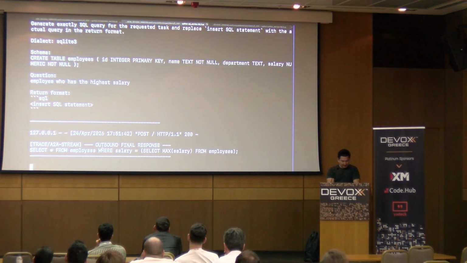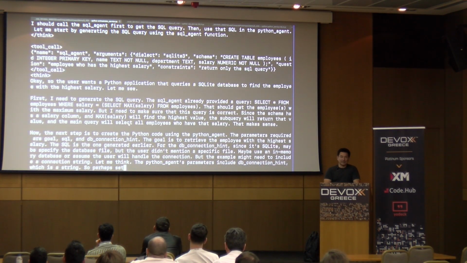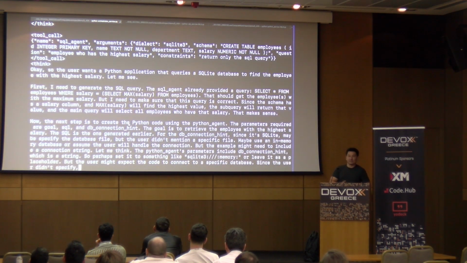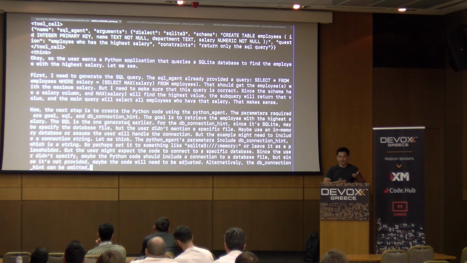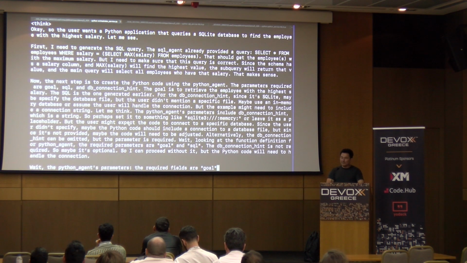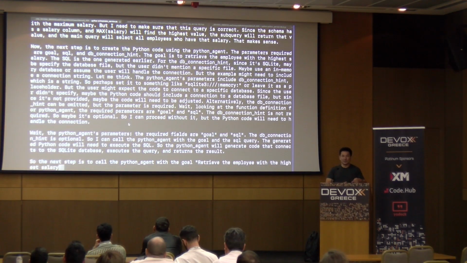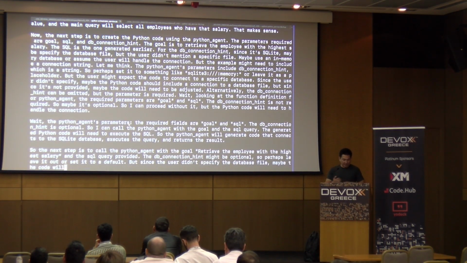Nope, wrong window, right? You can actually see it thinking its way through this. Select from employees where salary equals, get the maximum salaried employee. And then it says, okay, cool. Now that I have the SQL and I've confirmed that it's good, we obviously need to have a Python application to invoke this, right? And it's basically reasoning through, so the orchestrator agent, which is the dump that you're seeing here, is reasoning through how to complete the rest of this problem.